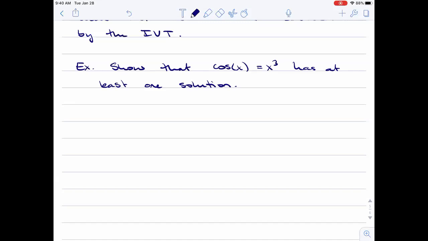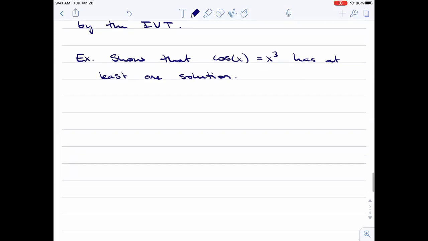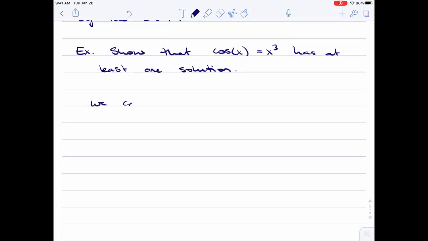The first thing I'm going to do is rewrite this. I can subtract x to the 3 from both sides, right, and get it in terms of equal to 0, because that's going to be the easiest thing to work with, right? If you find a function and set it equal to 0, then all you have to do is find a negative value and a positive value, or the other way around, and then you know that 0 is between those 2 points, right? And so we can write